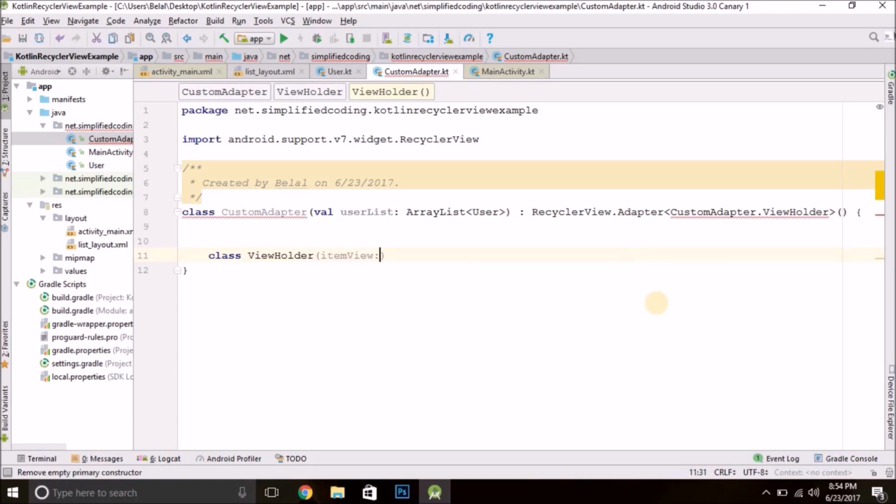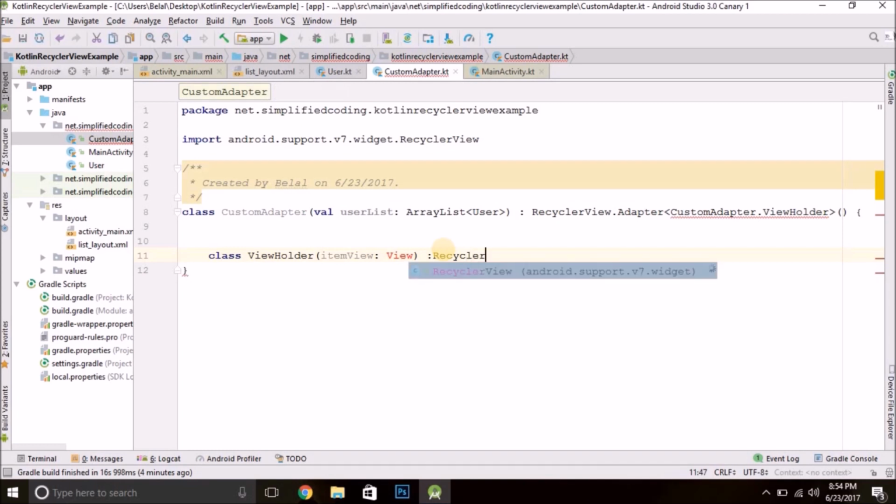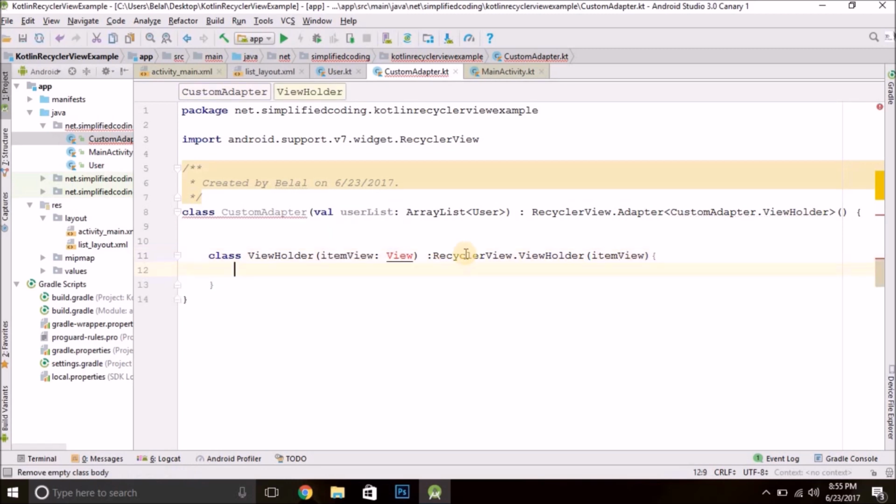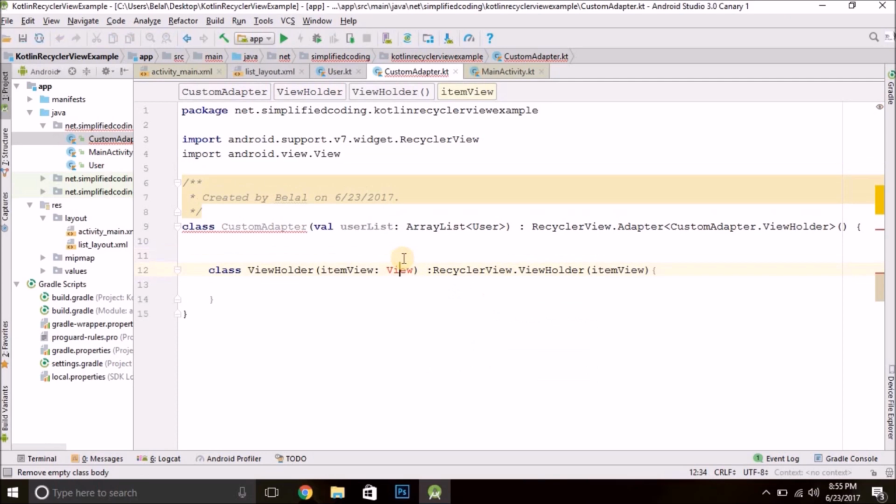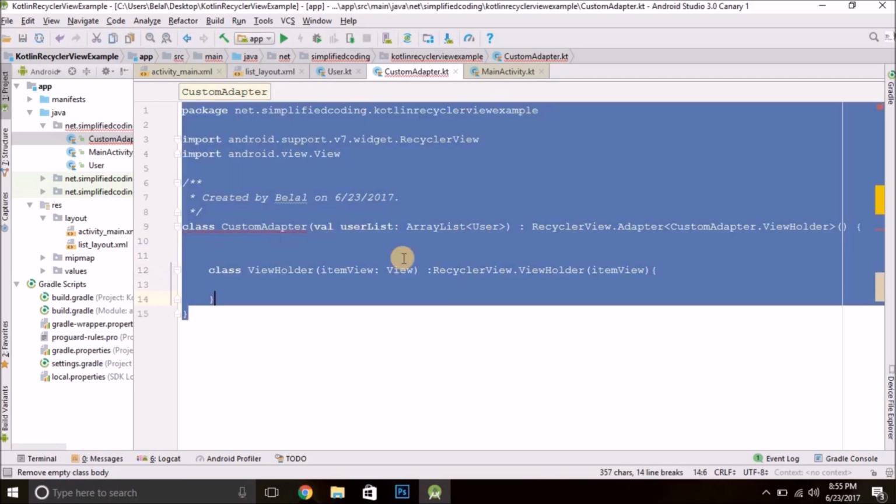So we'll write item view and the type would be view, and this class will extend recycler view dot view holder, and we will pass item view here. That's it. Import view, and we have the class view holder.